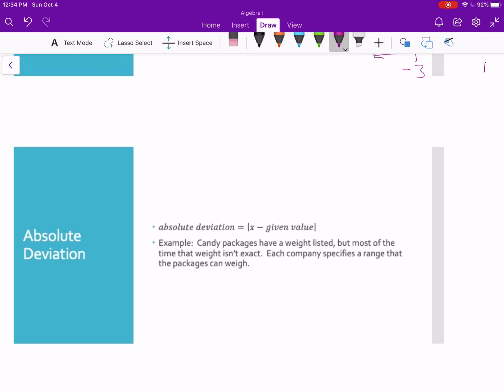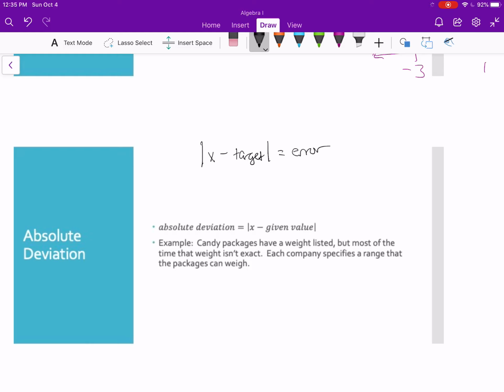Usually what manufacturers do is they have a range of acceptable weights, just so it doesn't take forever for them to individually check every bag and make sure it's exactly the weight it's supposed to be. So we can represent this with absolute deviation in an absolute value. So the absolute deviation is equal to the absolute value of x minus the given value. Another way I like to put it is the absolute value of x minus your target value is equal to your error. So what this looks like in an example,